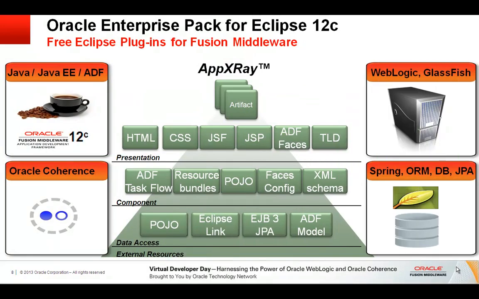A key differentiator for Oracle Enterprise Pack for Eclipse is AppXray. AppXray is a dependency analyzer, and it works by analyzing your projects within your Eclipse workspace, looking at all of the files, all of the objects, all of the XML configuration files, and with this information it tries to understand what are the different dependency relationships within this application and within all these artifacts. And with that information it allows us at design time to provide validation between dependencies, content assist, hyperlink navigation, as